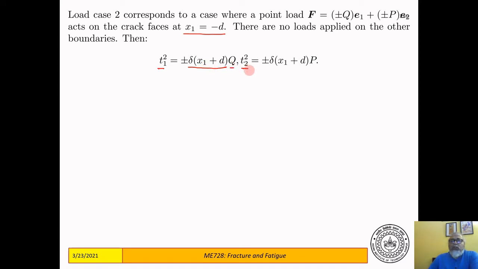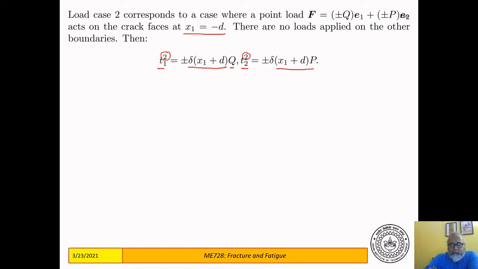Similarly, T2 in load case 2 can be written as plus minus delta x1 plus D P. Okay, so we have used these distributions earlier also, so you must be familiar with the use of these delta functions to convert concentrated loads into distributed tractions. This is a standard practice that we have followed everywhere, and definitely in your elasticity courses you must have seen